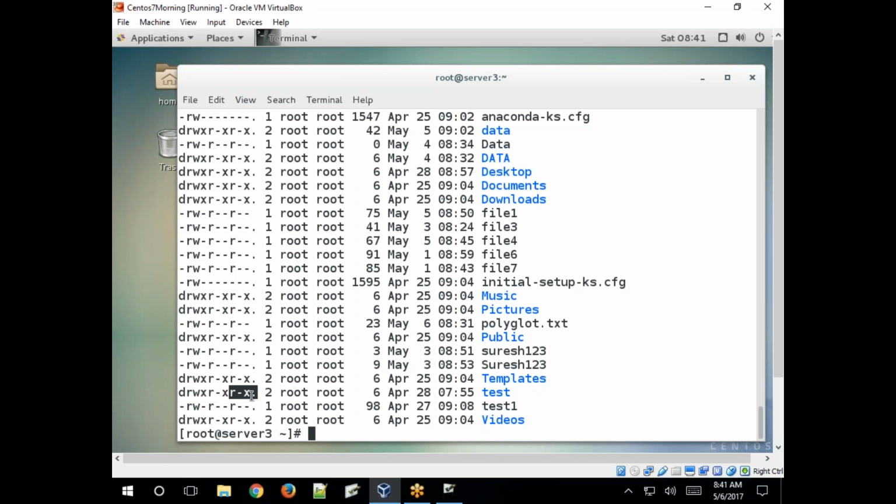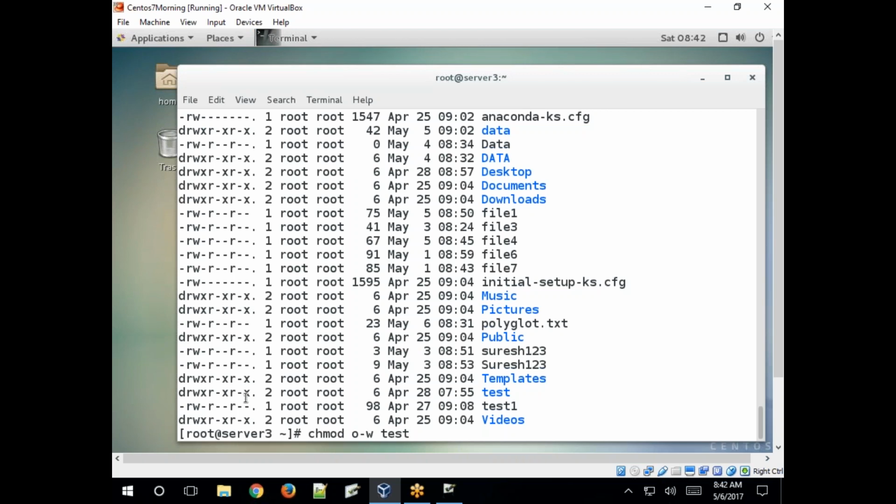Others have no write. Previously the other user was having read, write, execute permissions. So using the chmod command, we removed write permissions on others.